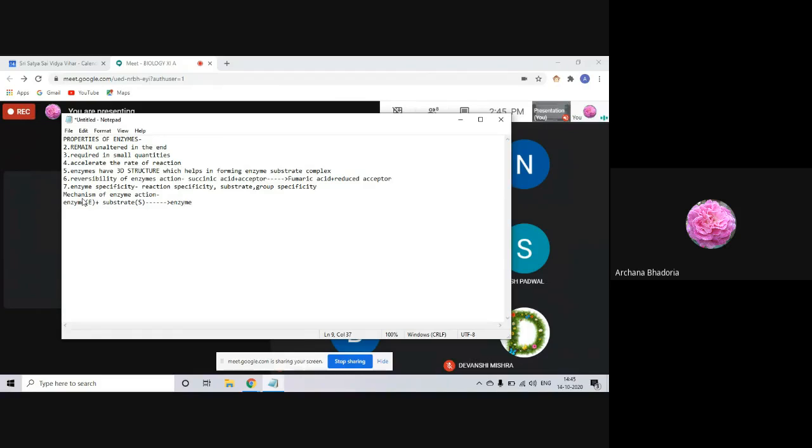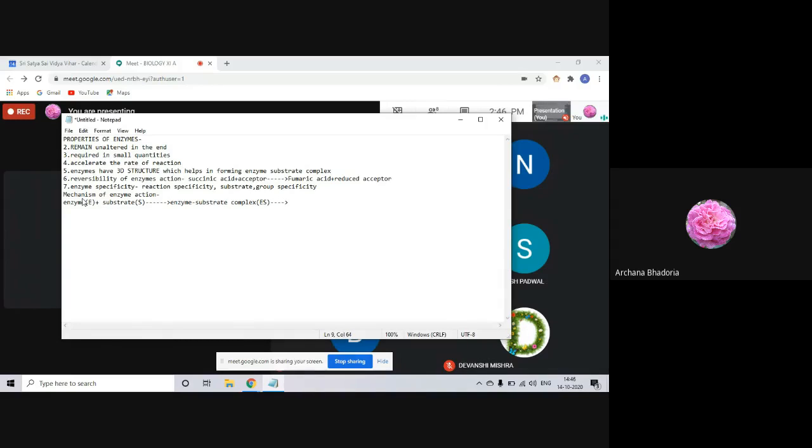This should be learned well. Enzyme substrate complex. What will you write in brackets? ES. So the enzyme substrate complex will be formed, and between these, the arrow which I put, you put that reversible arrow. The enzyme will combine with the substrate, it will form the enzyme substrate complex, and then you will find further what will happen. Once they form the complex,